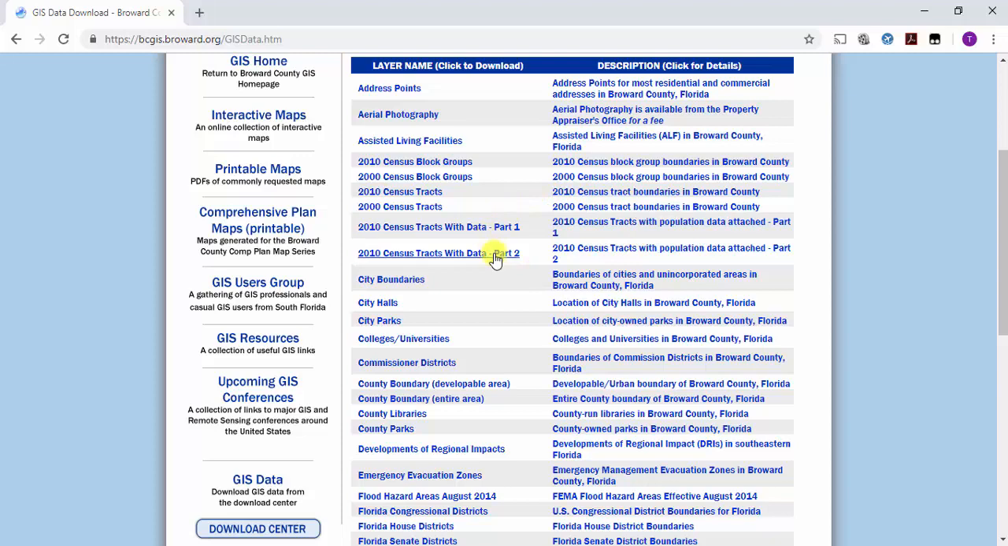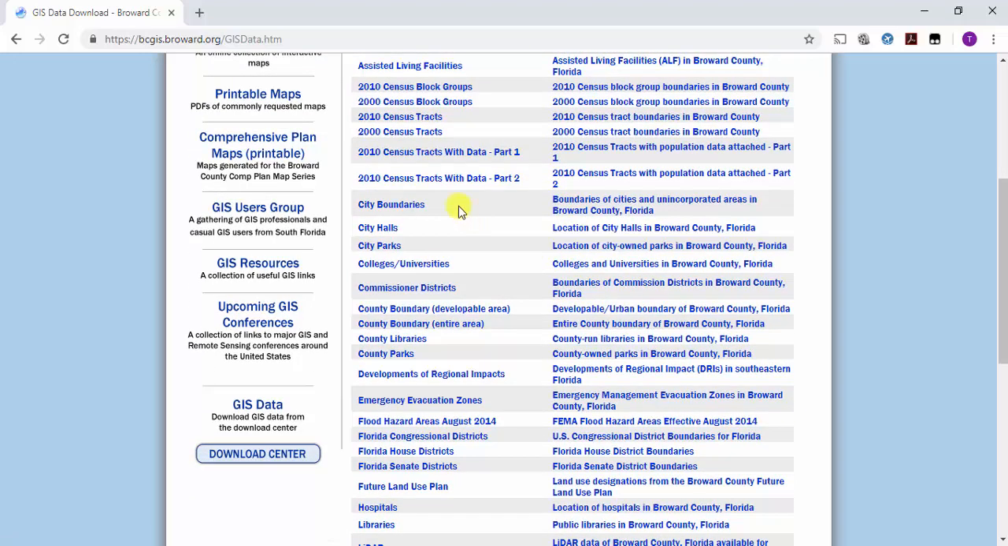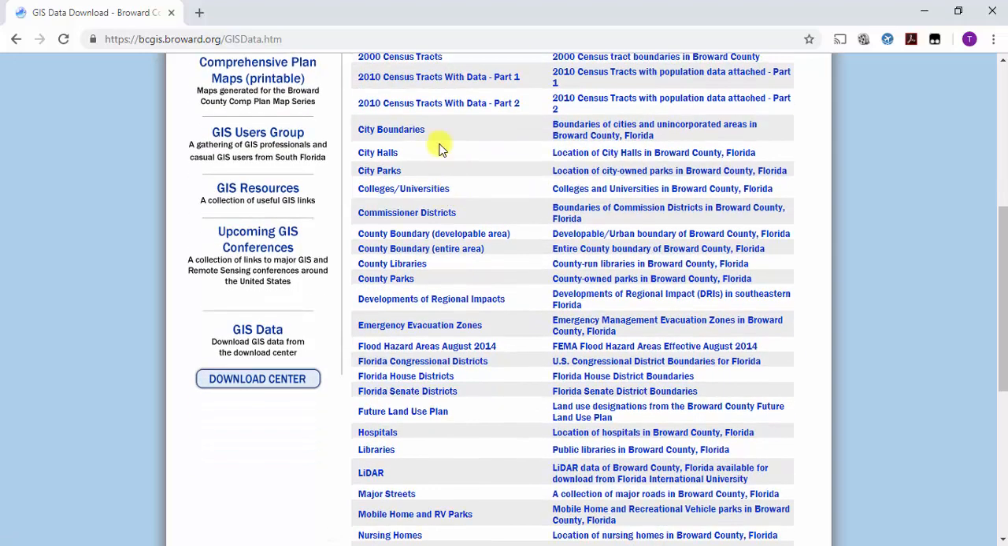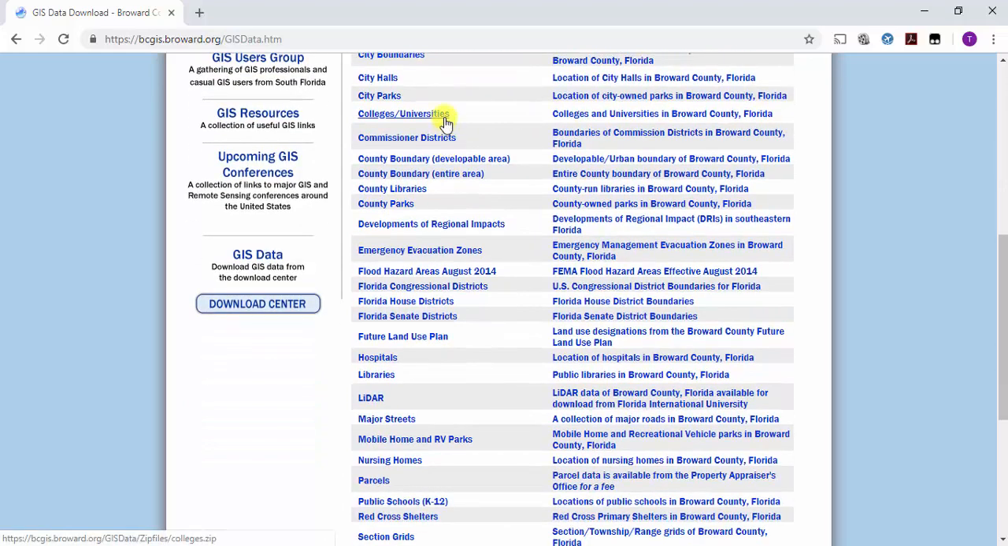The cool part is now they actually give you the census tracts with the data inside. Remember I told you about parcels? Well, they give you some data here. We can take a look at that later. Boundaries, yeah. City halls, yeah. Colleges and universities, don't really care. But the cool thing for playing around with this is maybe parks, county-owned parks